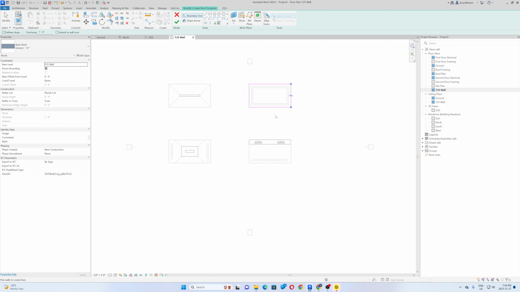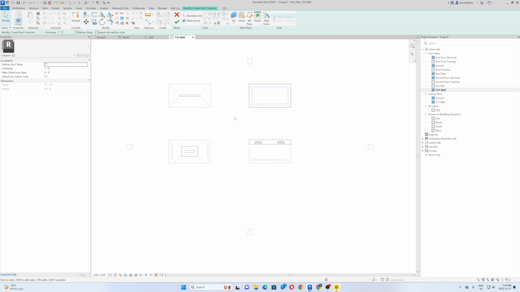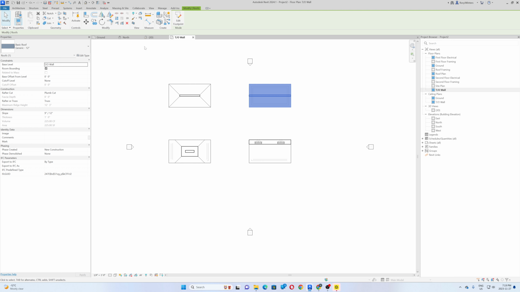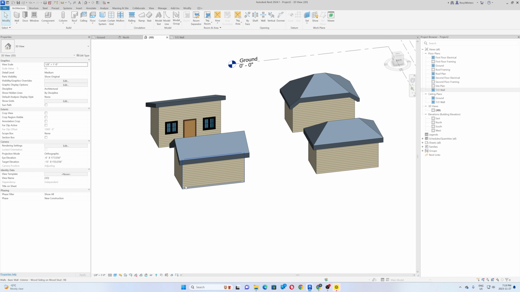So now if I select these ones, I hit escape, select this wall and this wall. No. Okay, I'm going to go to modify, drag, there we go. Okay, so now I can say that that one is going to be defining slopes. So what I did is I went over to modify, I dragged over both the ones that I want, I went to make sure that it defines slope. It asked me the slope, it's 9/12. When I click check mark, it should give me what I wanted. Click on 3D, and I actually have